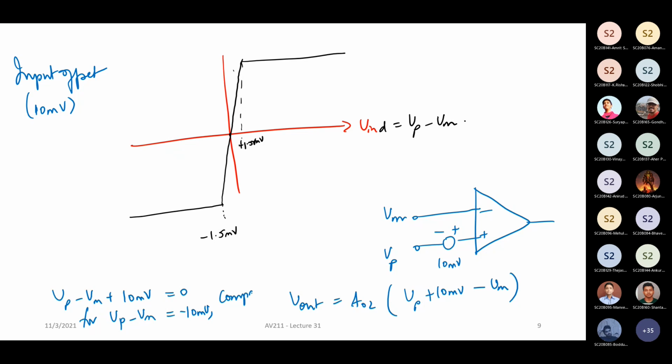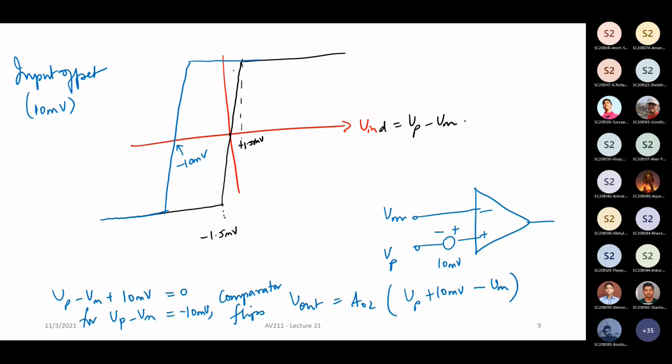No, the comparator flips, correct? So instead of having something like this, I am going to have a transfer characteristic like this, where this is, let's say, minus 10 millivolt. That is, even before it reaches 0 volt, the trip point or the flipping point of your comparator now gets shifted. Why is it shifted? Because of your offset, right?